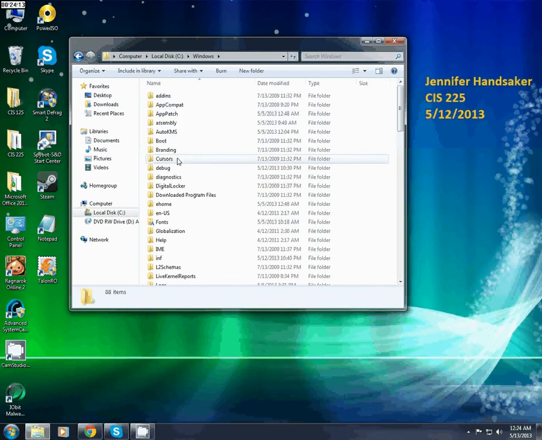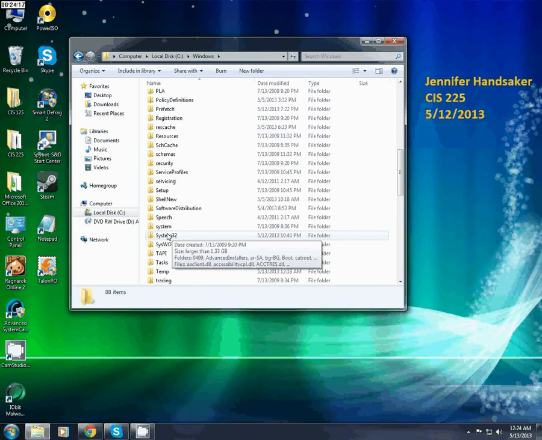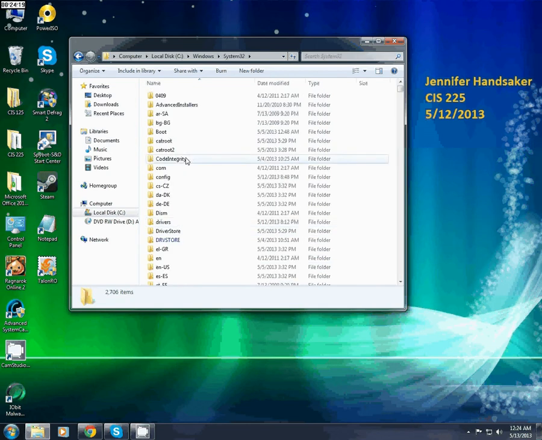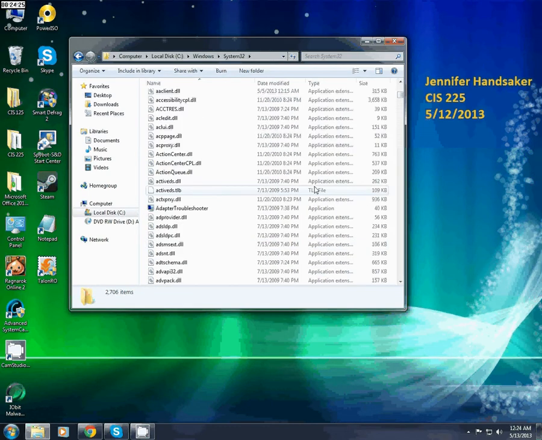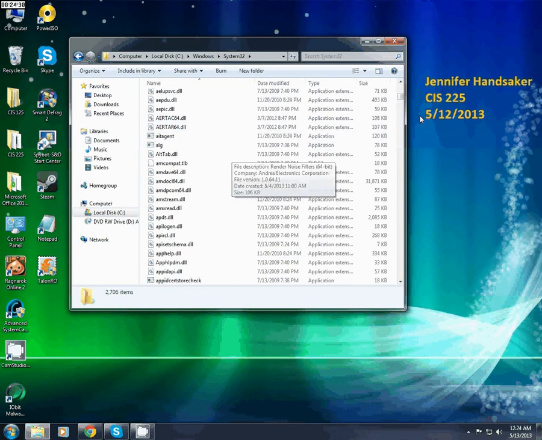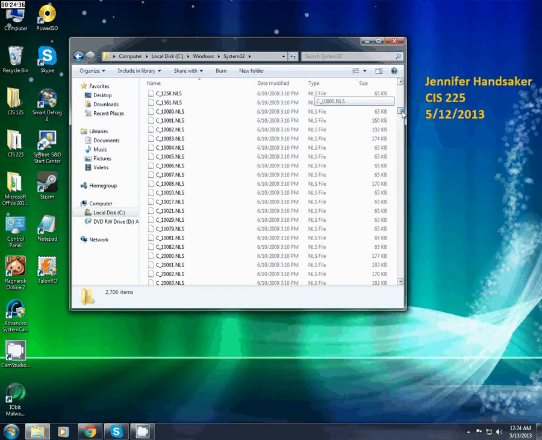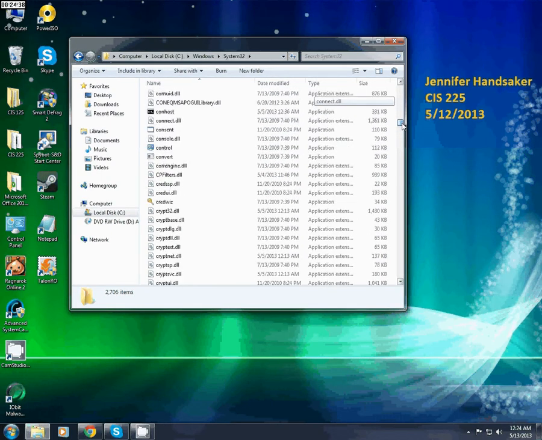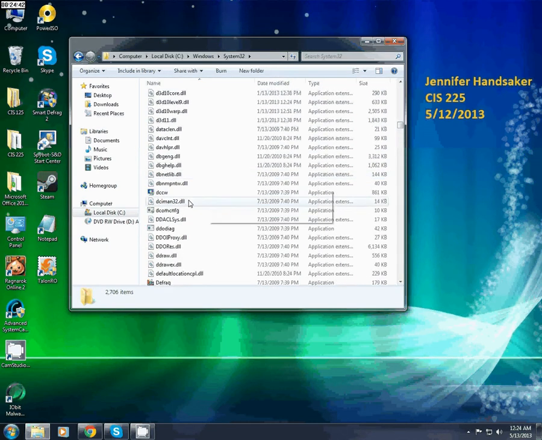Windows, scroll down until you find System32, double click, and then going to scroll down, and you can scroll down with your mouse, or you can use the sidebar here, which is probably a little bit faster. So you're going to go to the D's until you find